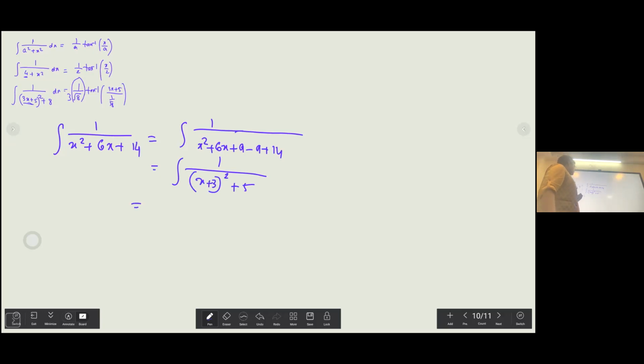So now this becomes 1 upon root 5 tan inverse of (x plus 3) upon root 5. That's your tan inverse of x upon a, and here the coefficient of x is 1. So this is straight away the integration. You should know the different techniques, like, okay, now here I'm not able to factorize it, so I can't do partial fraction. So what is the best that suits? Maybe perfect square, and then you get the answer. Lots of times they'll not tell you the exact method, and you have to think right from scratch. So make sure that you're mindful about these kinds of questions.